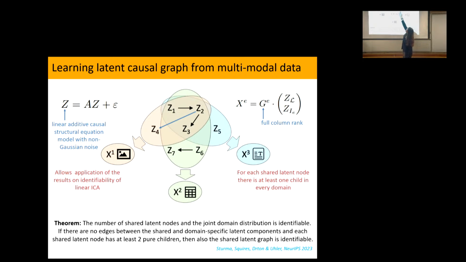Okay, you see some variables here where this modality here is a function of these shared ones plus one modality-specific one. And now the question is, if I just give you data from many different modalities, can you actually identify these latent variables? The first question is even how many latent variables there are. Because it's all latent, I don't even know how many causal variables I have. And then there is a question of what they are, and then there is the question of what the causal graph is.